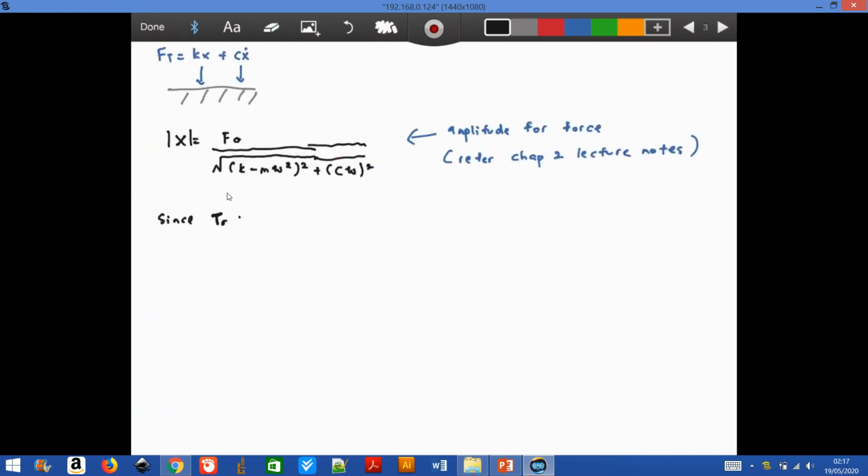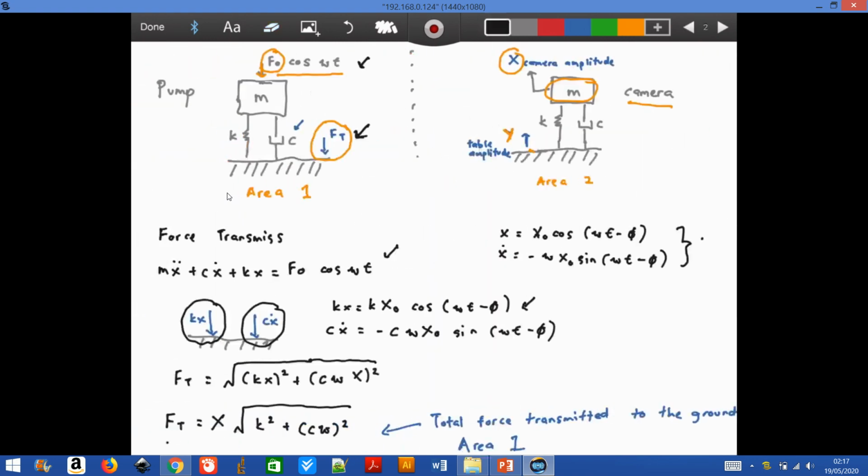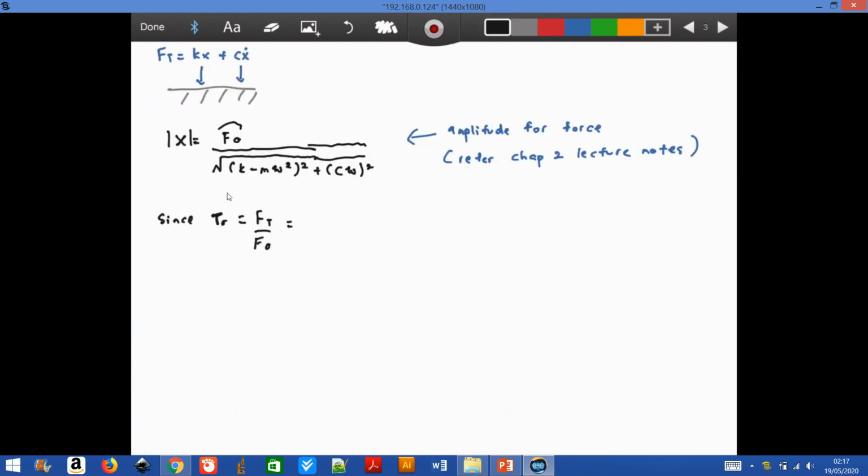So we know that for force transmissibility, TR is Ft over Fo. So I can write the equation as, this is the force transmitted and this is Fo. So if I put everything together, what I will get is that